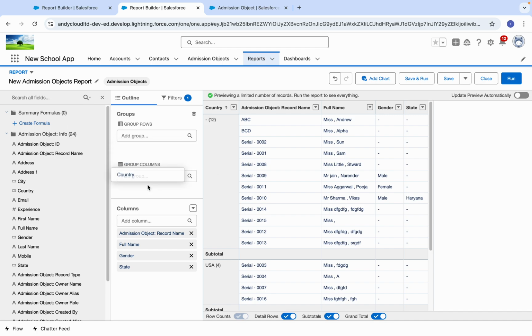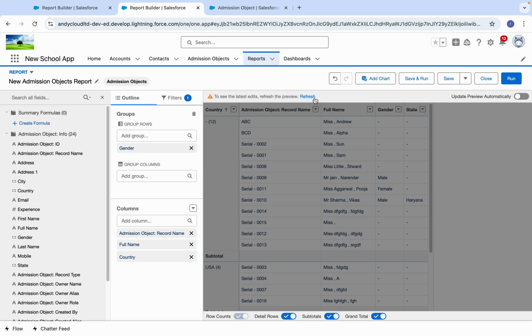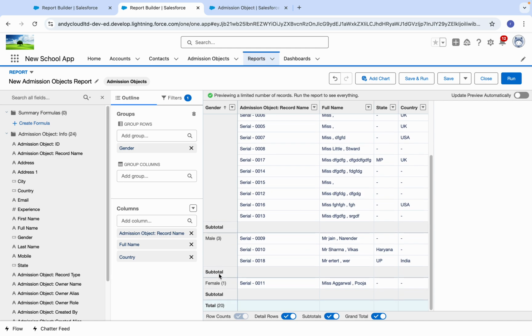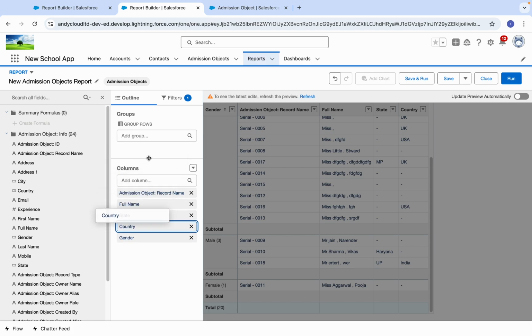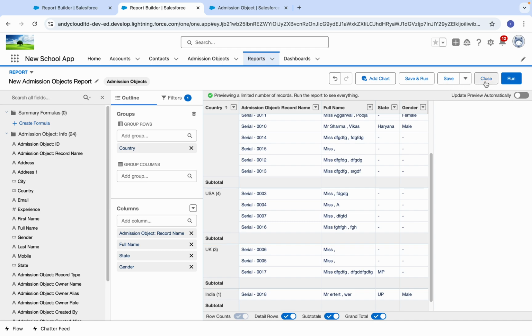You can add anything, like if I go and add gender wise, I want to show, see the report. Refresh the page. See, 16 records don't have gender, 3 have male, and 1 has female. So like this you can do, and by this you can take your dashboard also. Again add gender here. Refresh. Save this.